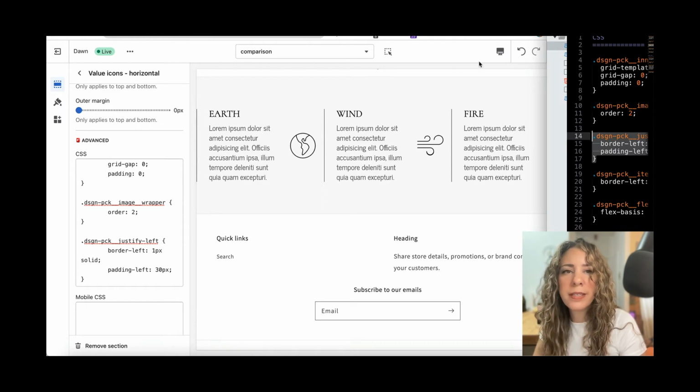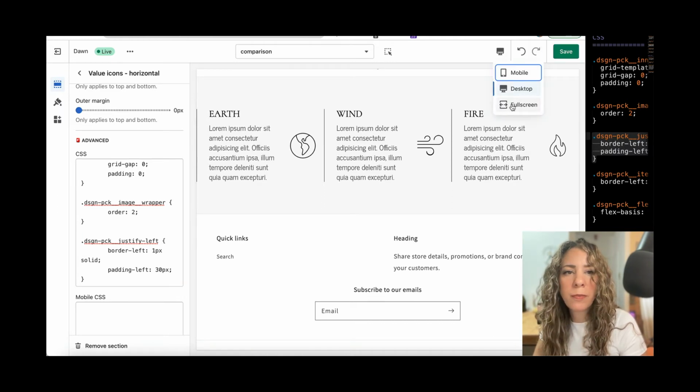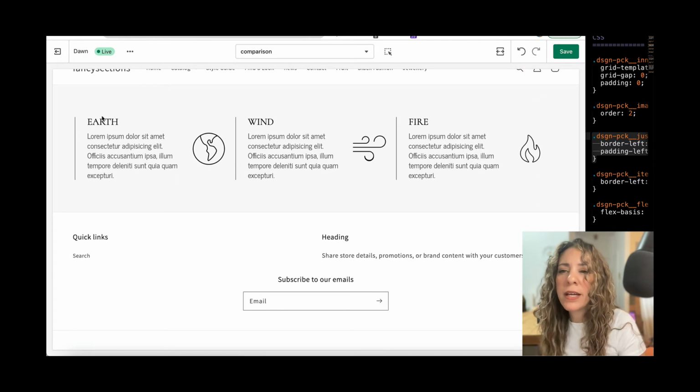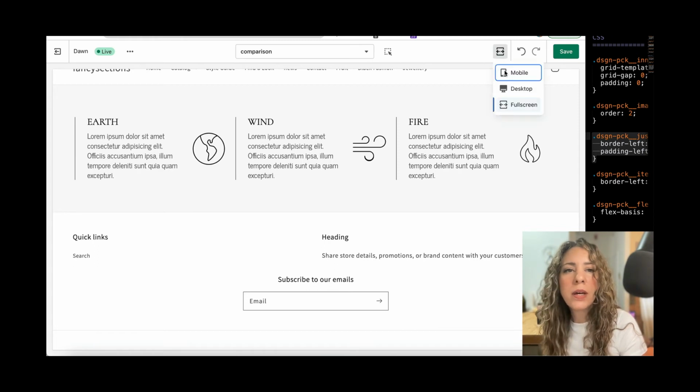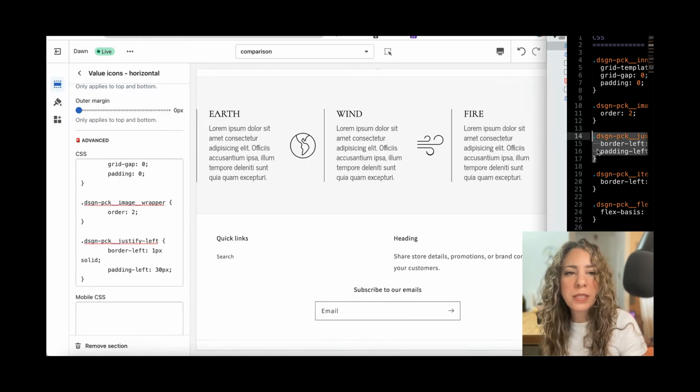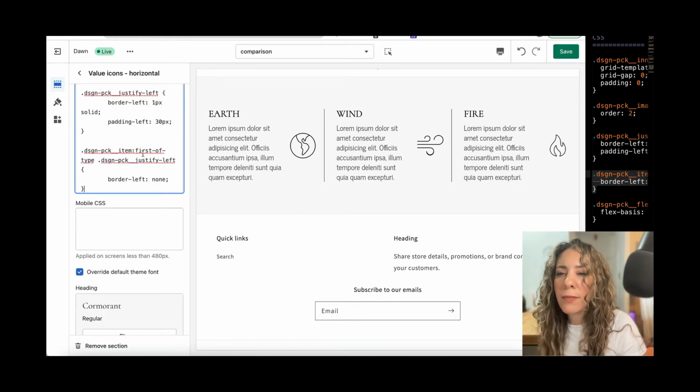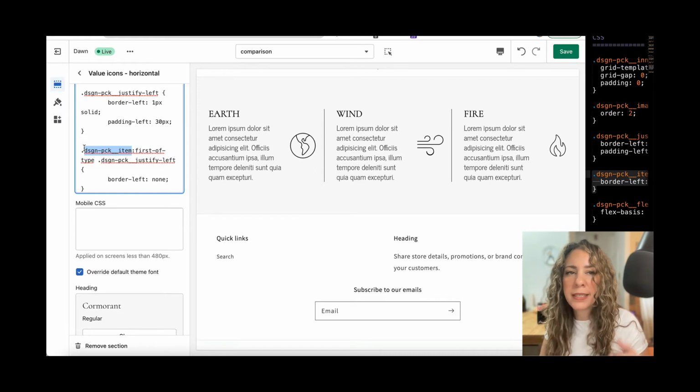The one thing to note is that if we look at this a little bit in full screen, we have this line at the front too, and I actually just wanted to have lines in the middle of the icons. So for this, what I'm going to do is use an nth type selector and select first of type and then the text. Now, I'm selecting the first of type on the design pack item because that's the top level,